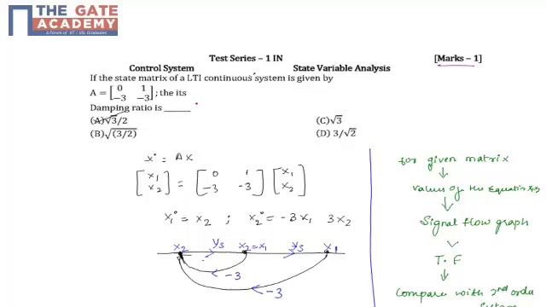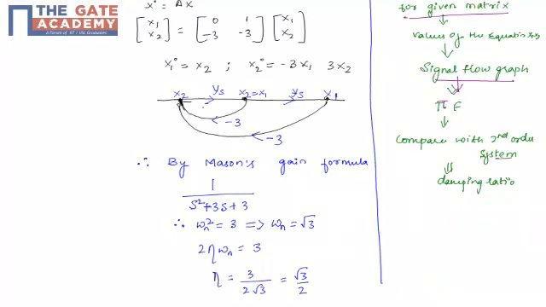In order to find the damping ratio of this matrix, we have to follow these steps. First, for the given matrix we have to find the values of x1 and x2 so that we can draw the signal flow graph, and from the signal flow graph we can obtain the transfer function, and we can compare the transfer function with the second order system. From the second order system, we know that we have a variable damping ratio, so we can find out the damping ratio. So the given matrix,